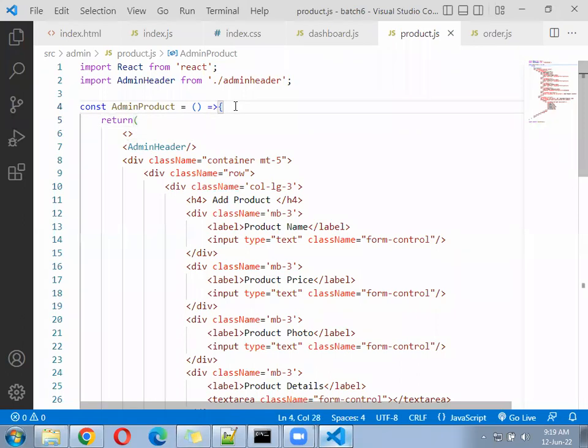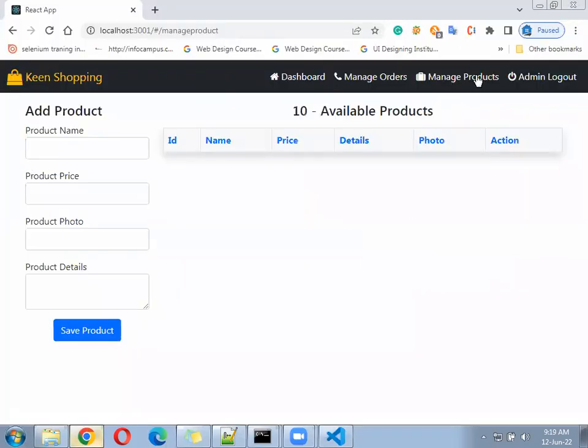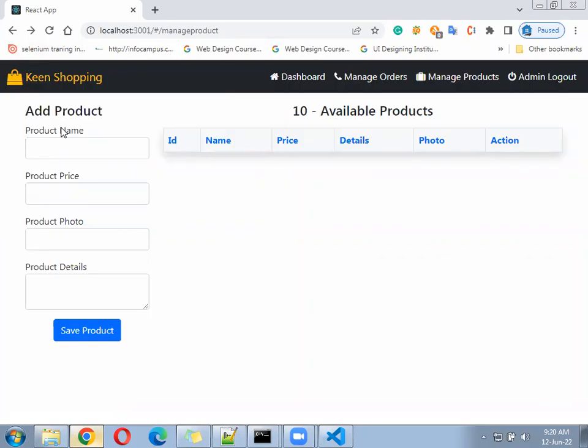Okay, so in the product file, not product file, next one is an order file. The structure of the order file will be, when we go to the order page, right? As of now, nothing is coming because the page itself we have not made. Header also we are not going. So in the order page,